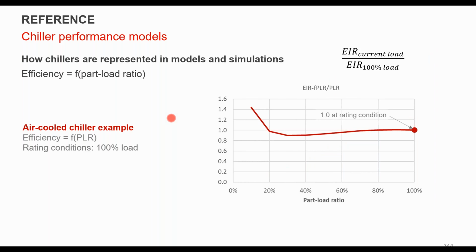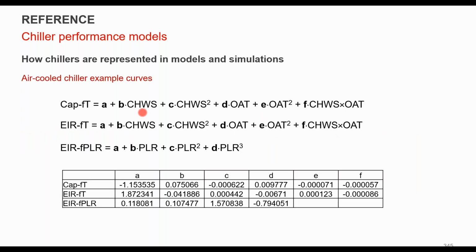So what does that actually look like in terms of part load, right? You end up getting fairly consistent performance down, and then once you get into low loads, you get this degradation in performance. So these are examples of what these curves look like mathematically, right? If you go to 90.1 2022, all of these are standard equations you can use generally for your baseline. They're usually pretty good if you don't have data from your chiller manufacturer. But if you're doing a chiller comparison, you might want to go get actual data from the manufacturer.